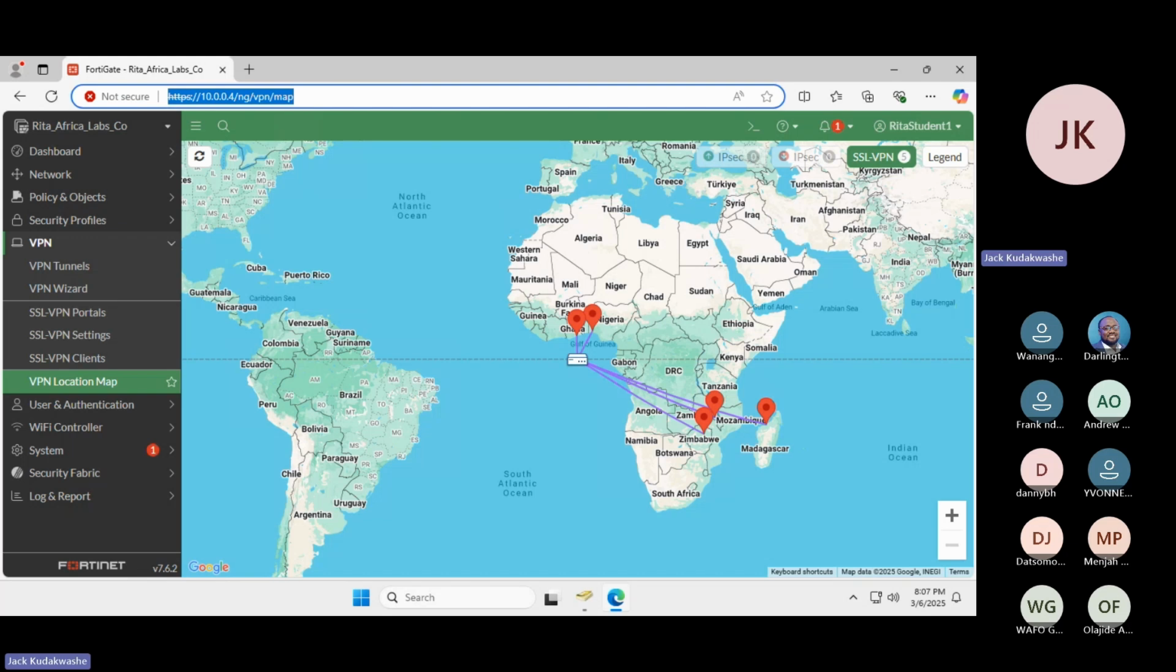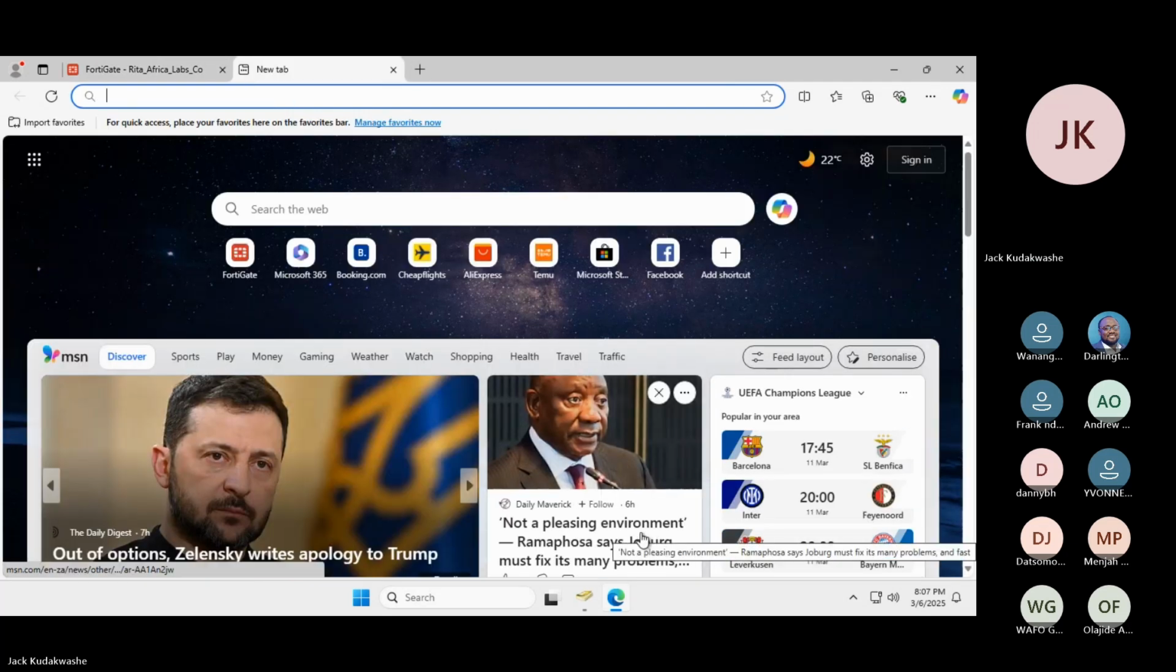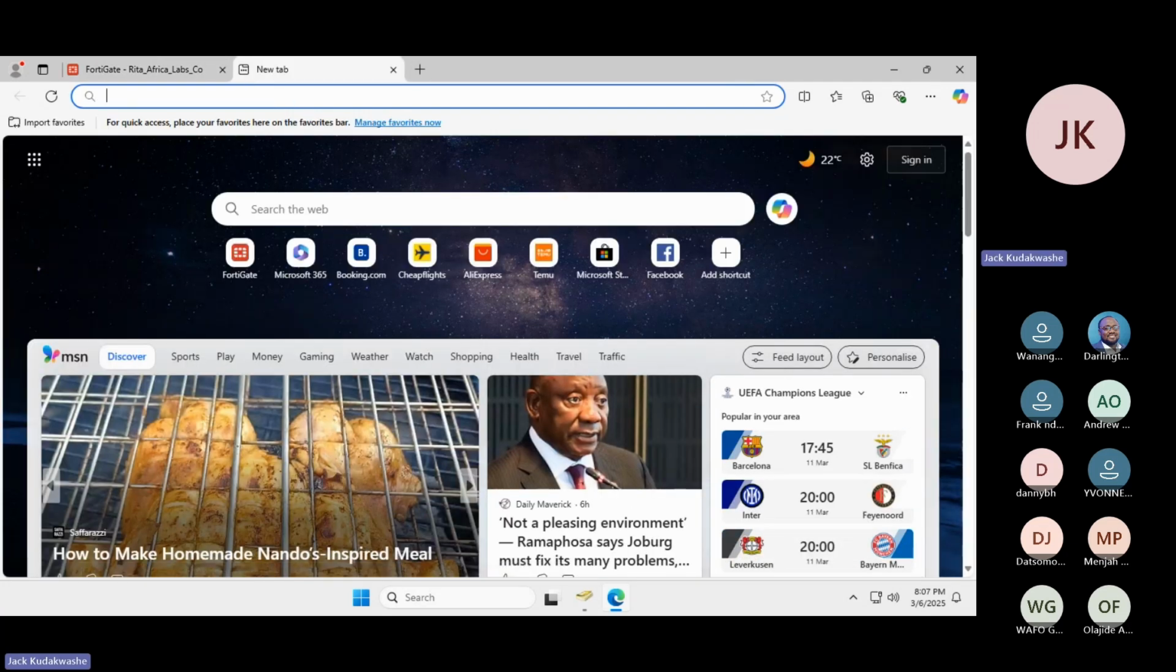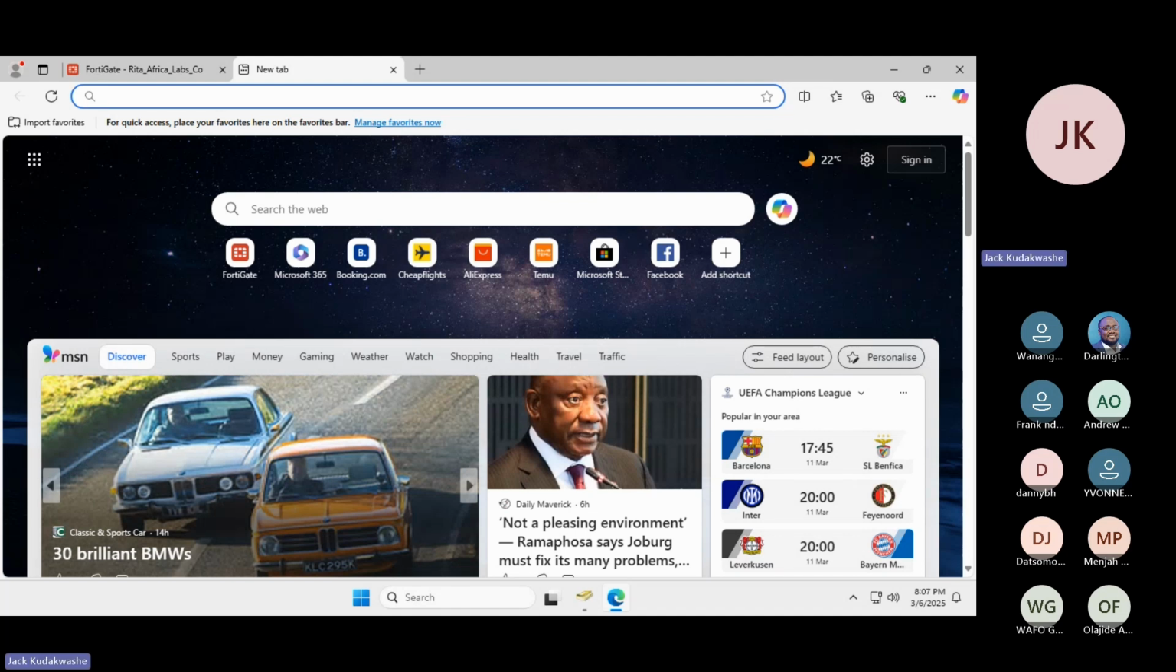Okay, for everybody that's connected and they've reached the FortiGate, now let's do the last exercise before we close because the time has run away. There's a malicious link that I put in the documentation. If you scroll all the way down,